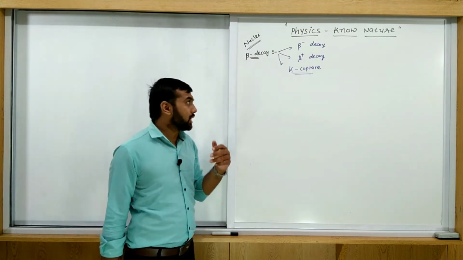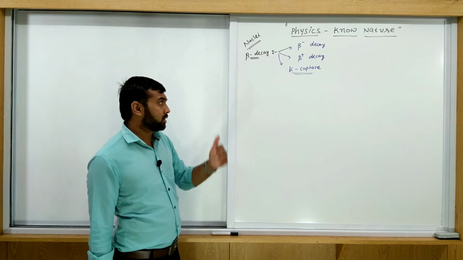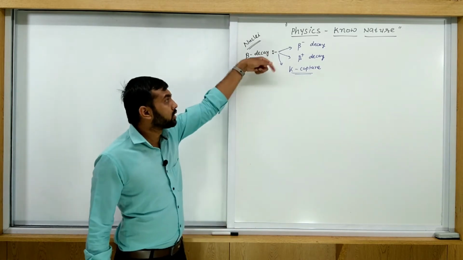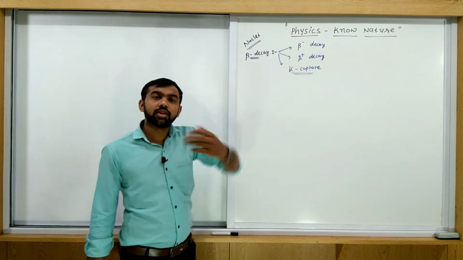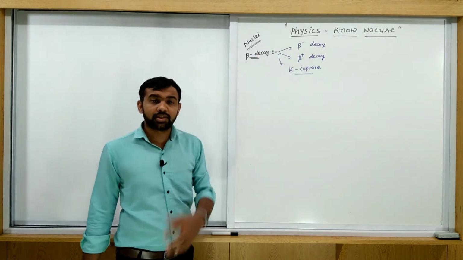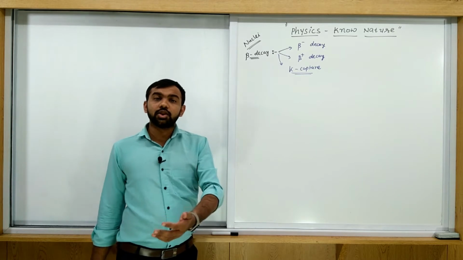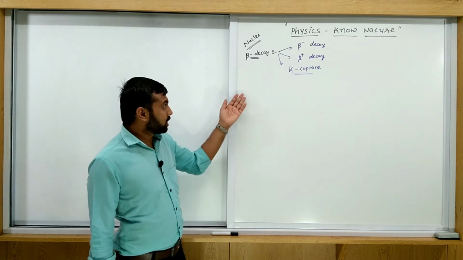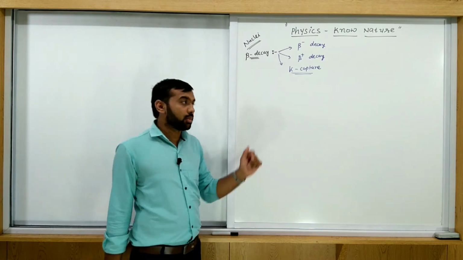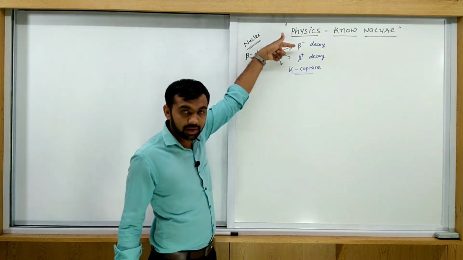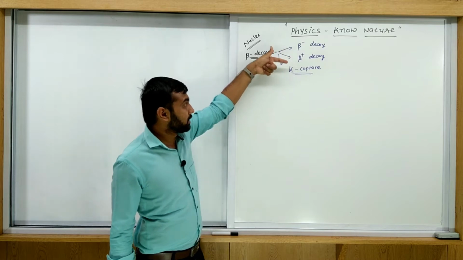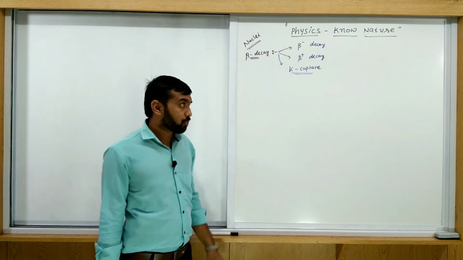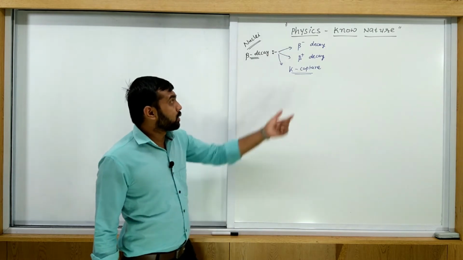When any nucleus is unstable due to the nuclear forces, the composition of the nucleus releases some energy in the form of a beta particle. When this excess energy is released from the nucleus, it comes to rest, comes to stable. So an unstable nucleus becomes stable by the radiation of maybe beta minus, maybe beta plus, and the third one is K capture. K capture is also similar to beta decay. So let's discuss the first one.